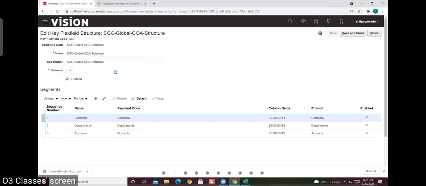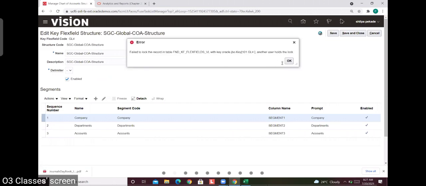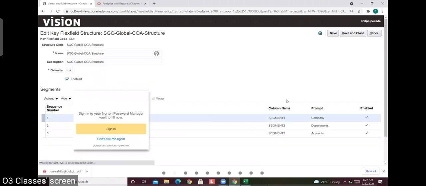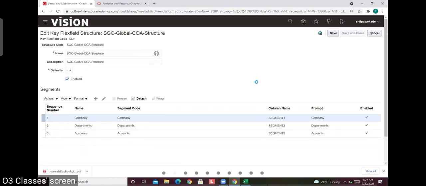Once you activate it, only then will this structure show at the next level. Until the checkbox is enabled, it doesn't show at the structure instance level. Structures are always active. Try after some time. Don't disable it. Always enabled structures only will be shown first in the next step.